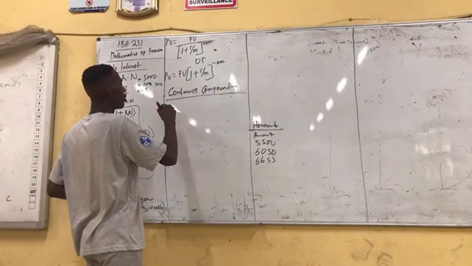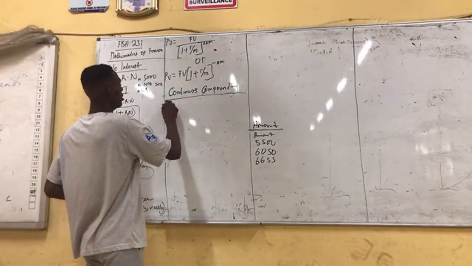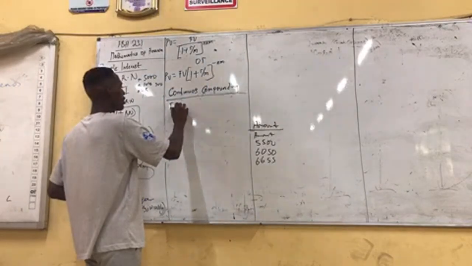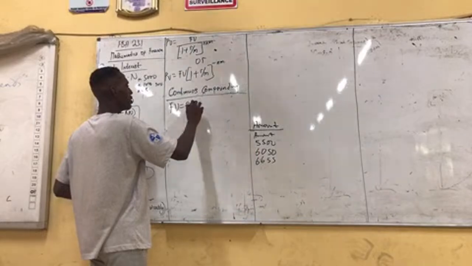If you are being asked to compound it continuously, then I'll be using future value and present value. Your future value is equal to your present value